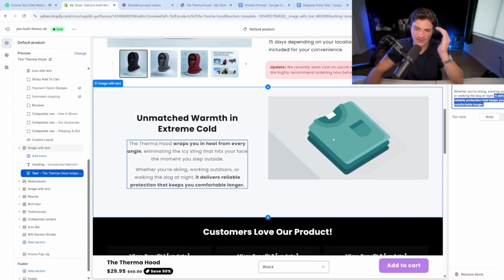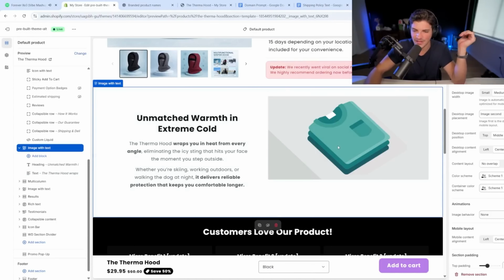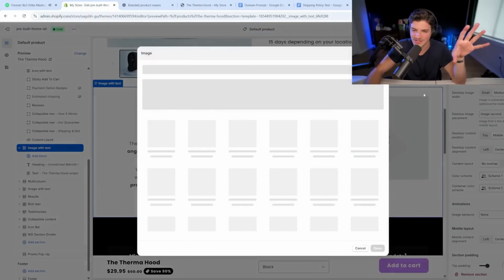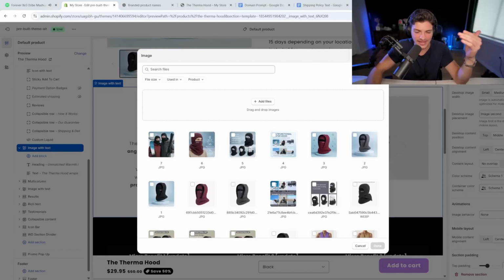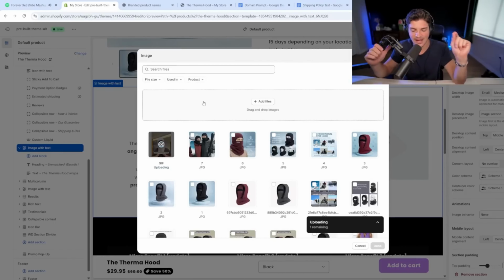And we'll get another image for our description here, by the way. So reminder, we can just click on this. And during our AI image process, I did create a few extra images. So I found this GIF